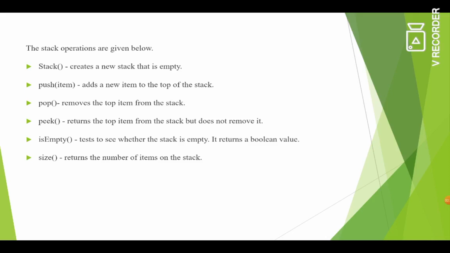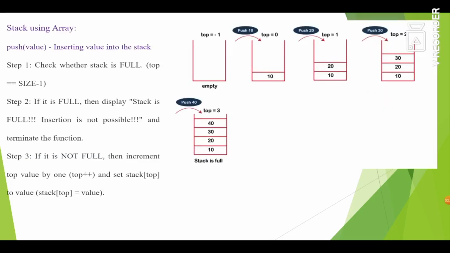See the difference? Pop removes the topmost item, whereas peek returns the topmost item. Okay. So peek does not remove the topmost item. It just gives you the topmost element value. The next function is empty. It is used to check whether the stack is empty or not. It returns a boolean value: if the stack is empty, it returns true. If the stack is not empty, it returns false. Then the size function is used to return the number of items on the stack.